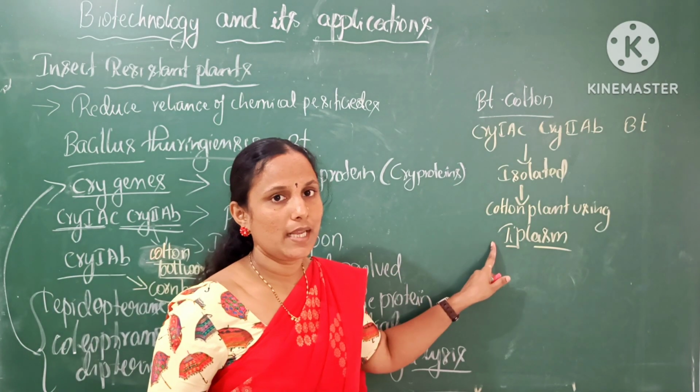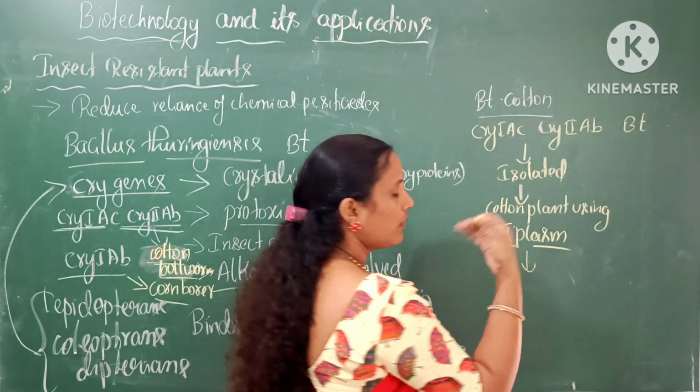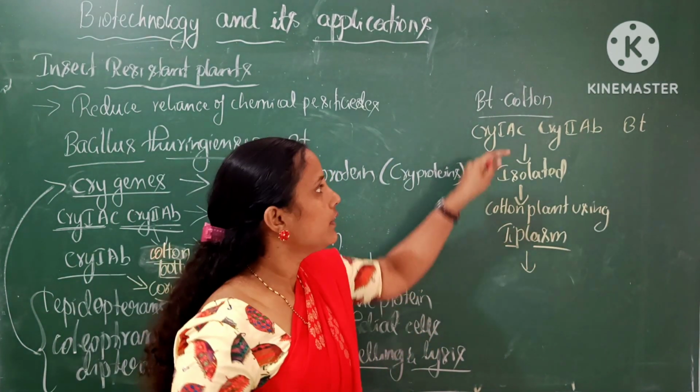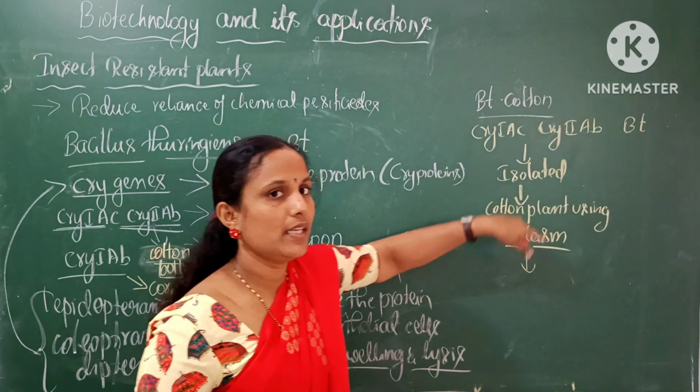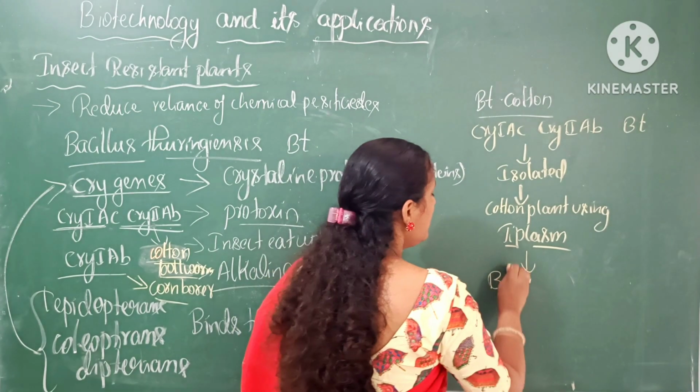Generally it is the Ti plasmid of Agrobacterium. Then the Agrobacterium vector can clone the Cry1AC and Cry2AB genes into the cotton plant